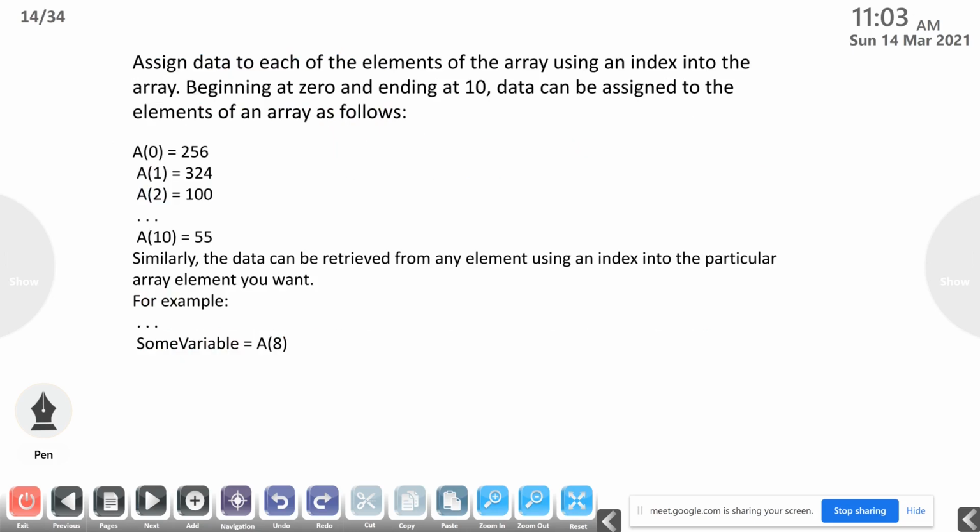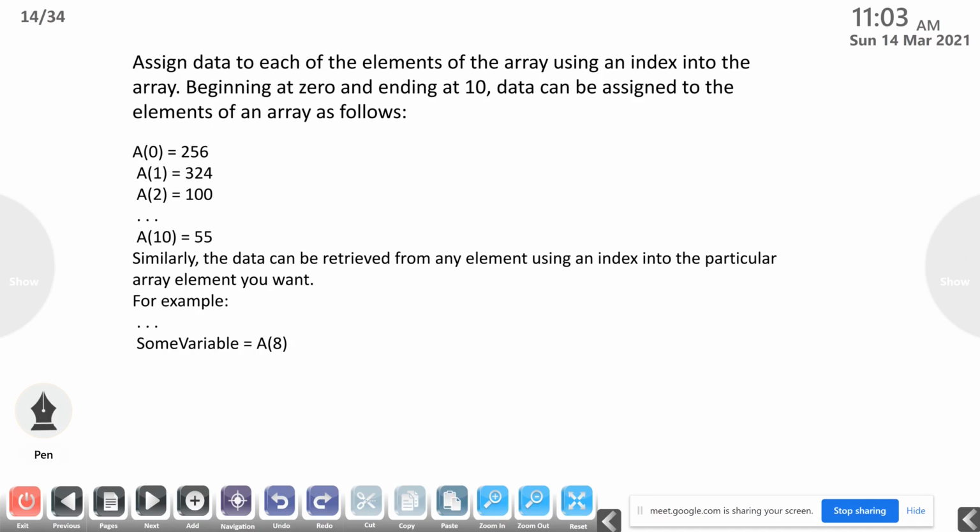Then assign data to each element of the array using an index into the array beginning at 0 and ending at 10, not n minus 1. Data can be assigned to the elements of an array as follows: A of 0 equal to 256, that's the zeroth element of the array.